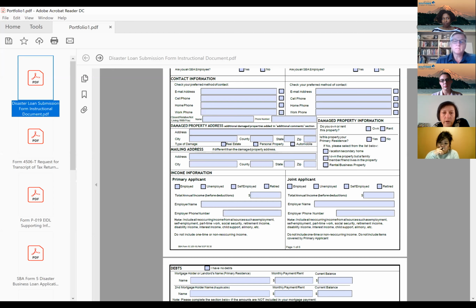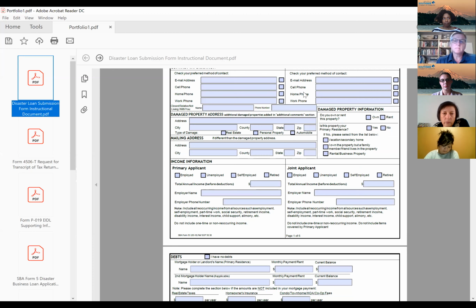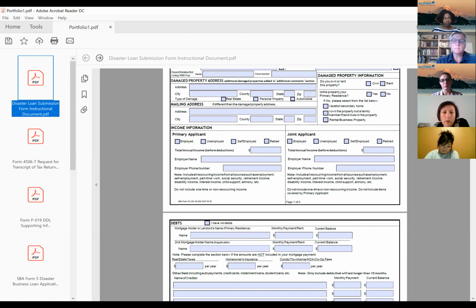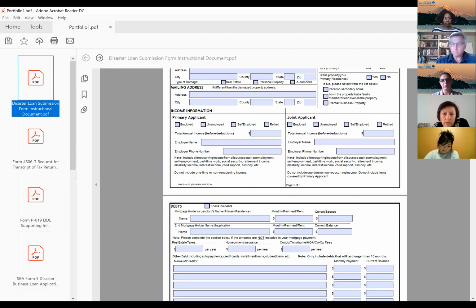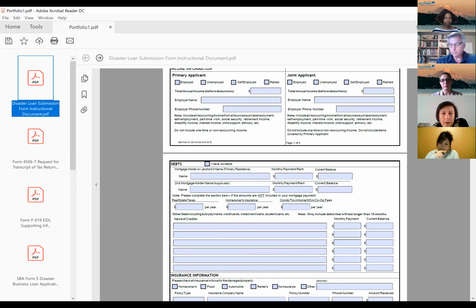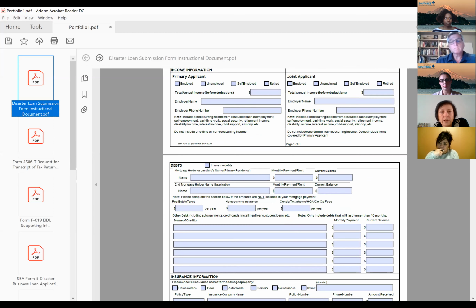Please disregard the damaged property address. That is not relevant because this is an economic injury loan application. For the income information, please indicate for you as a primary applicant, and if there is a joint applicant, how